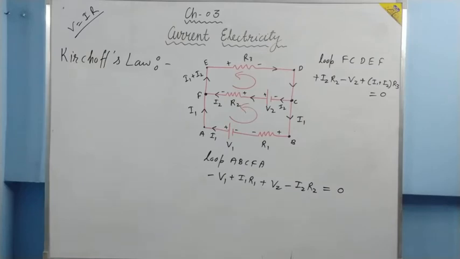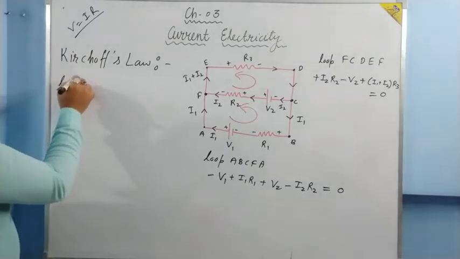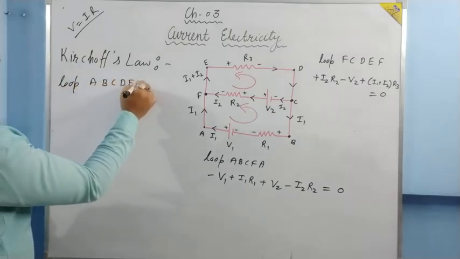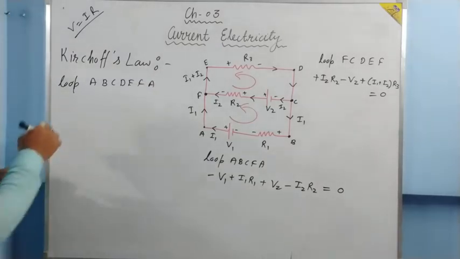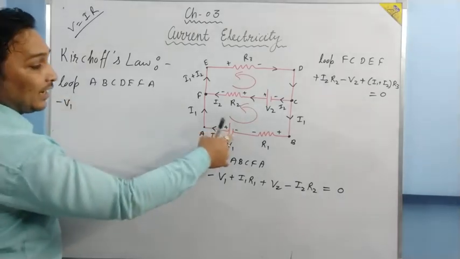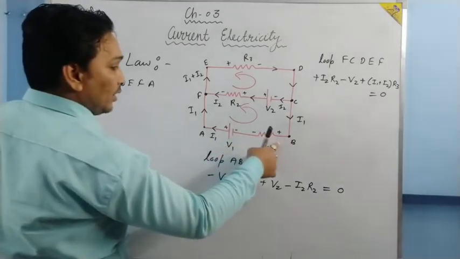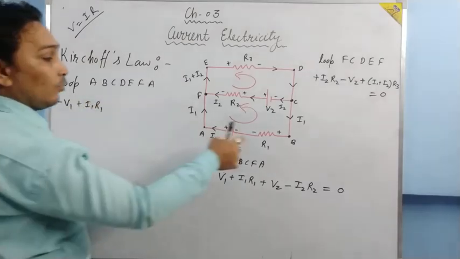Now the loop I am going to apply is A, B, C, D, E, F, A. If we move from A to B, what should we write? I have already told you, it should be minus V1, because negative V1 is there. Now, from this resistance, we should write plus I1 R1, because we are moving from minus to plus,